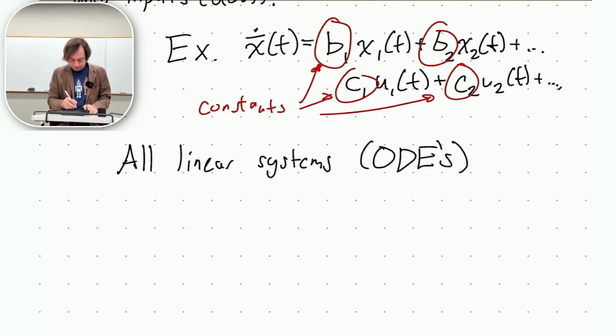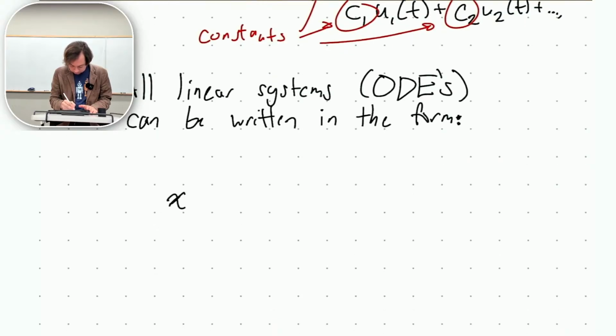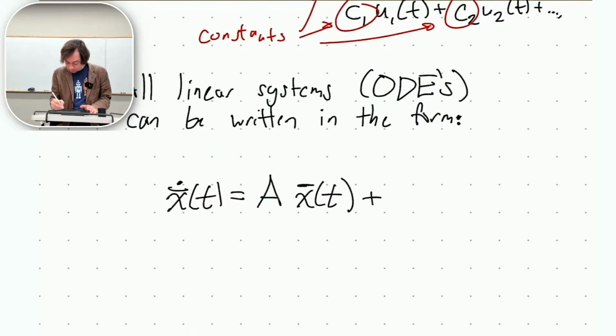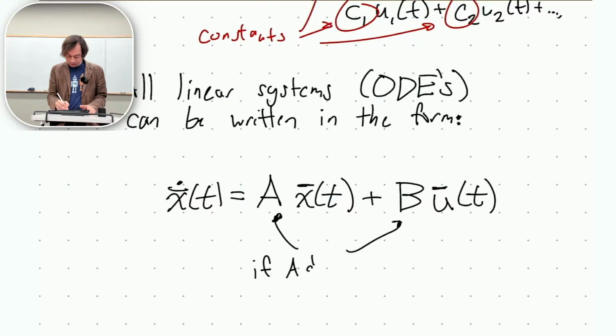All linear systems of ODEs can be written in the form x bar dot of t equals A, which is a matrix, times x bar of t, plus B, which is a matrix, times u bar of t. If A and B are not dependent on time,